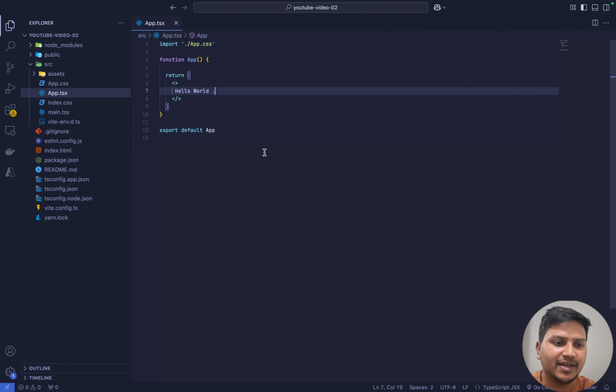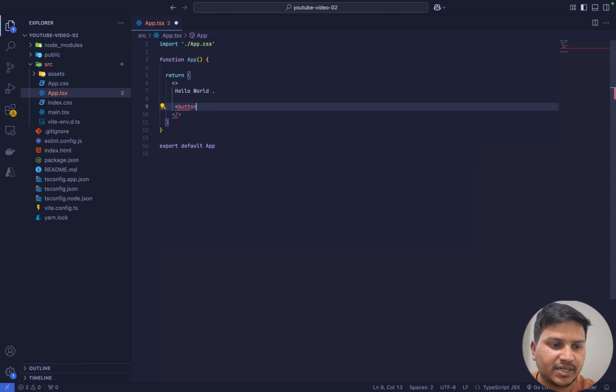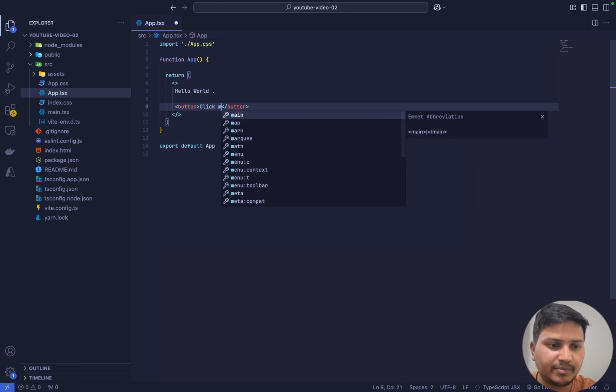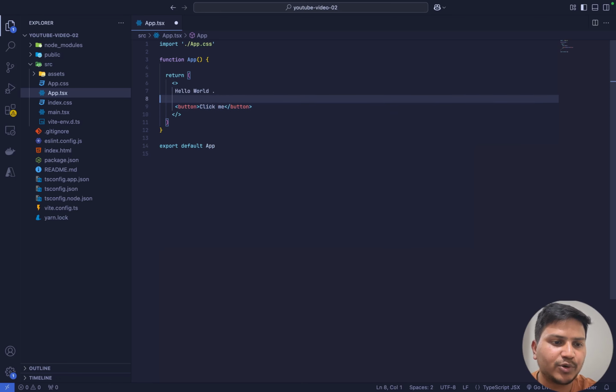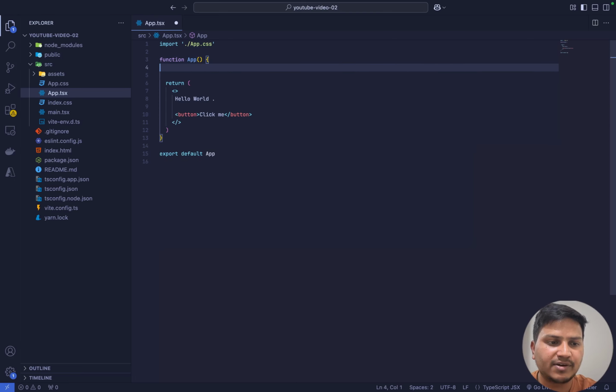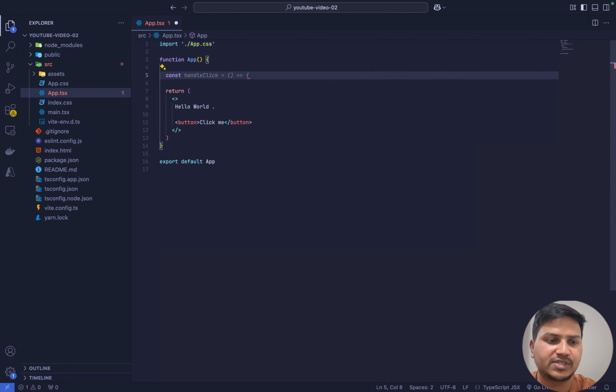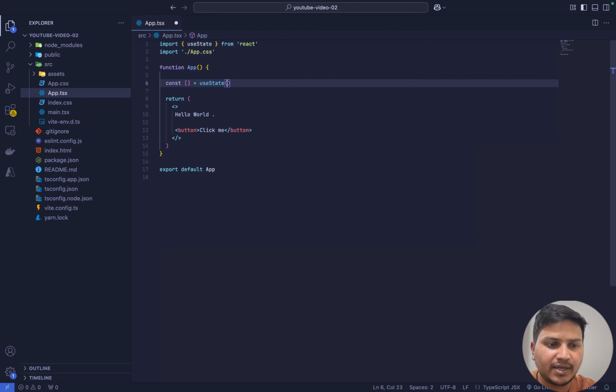Now let's make this component a little bit interactive. For that, I'm going to use one button. Let's say I'm using a button, and here it is saying click me. Now on click of this, I'm going to change this string hello world to something else. And to do that, in React we have something called state, useState. And useState helps us store the value, and then it helps us update the value as well. So let's say I'm starting with the initial value of hello world, and then this function gives